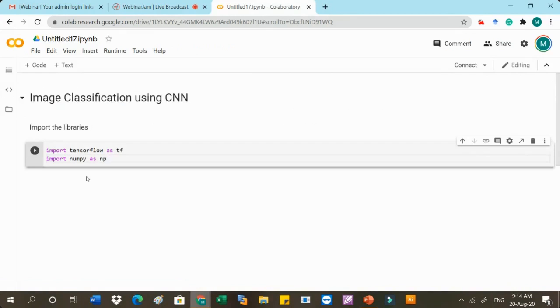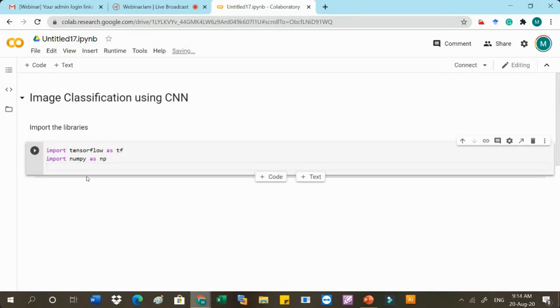Then we have to use the Keras API from TensorFlow, so from tensorflow import keras. Now I think the statements will be easy to learn for you. So these are the libraries which we can use. Execute these statements.